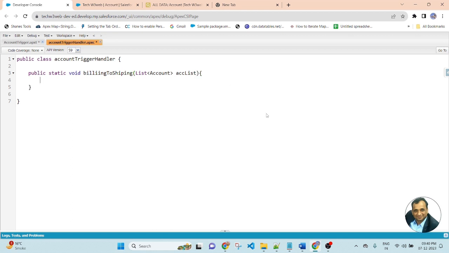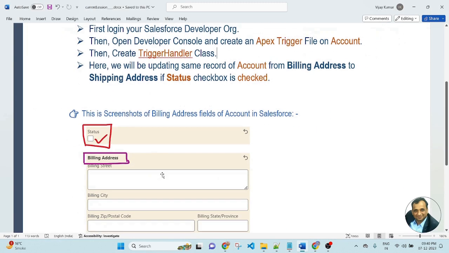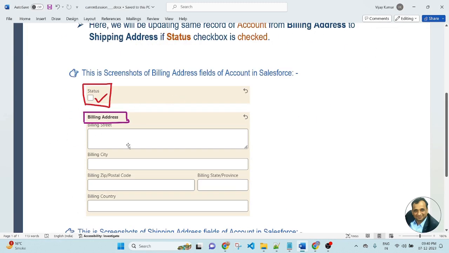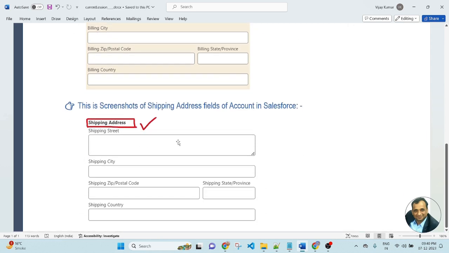Then apply a for loop. Inside the for loop, write Account, the name of the variable acc, colon, pass the account list because this is the list of accounts. Then here I will check a condition. The condition is if the checkbox is checked, then we will update the billing address to the shipping address.